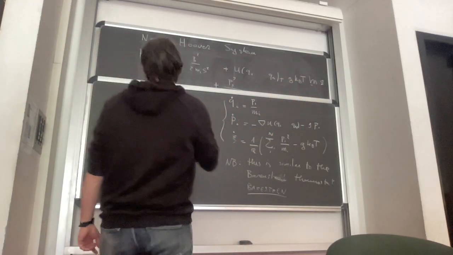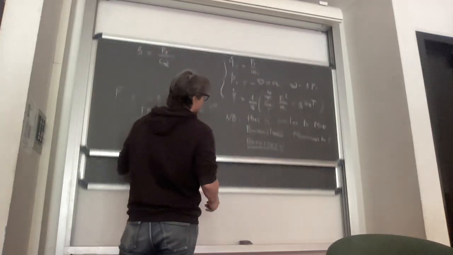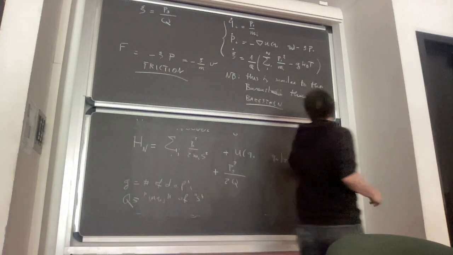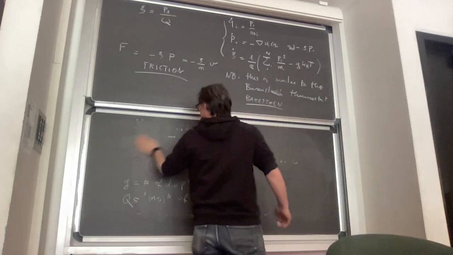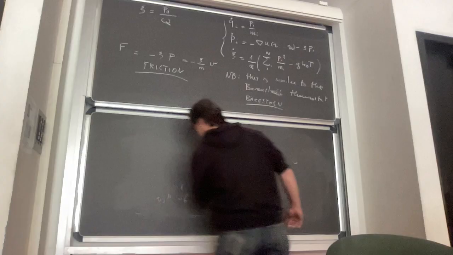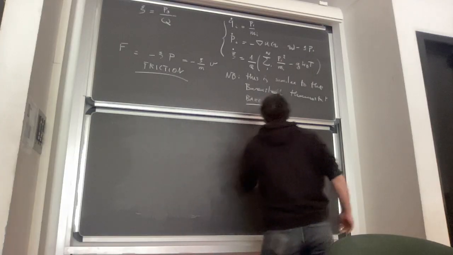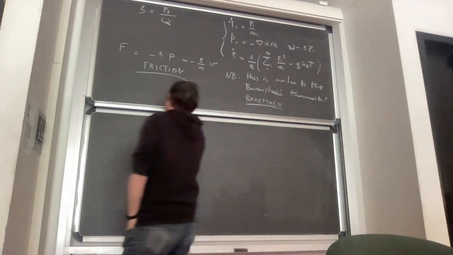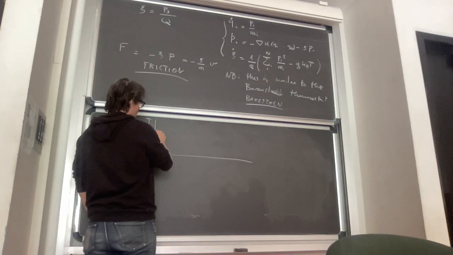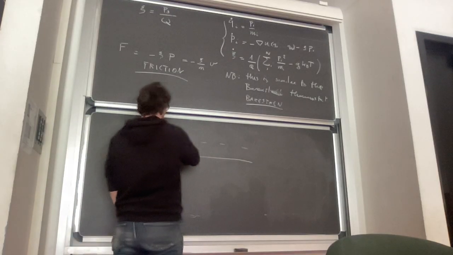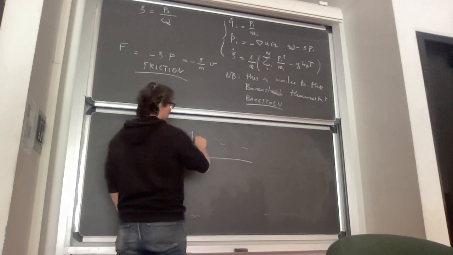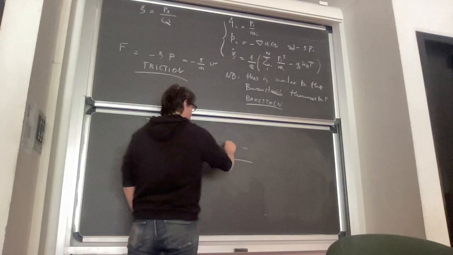So your kinetic energy in the Berendsen thermostat would behave like this. You start from your target value, and it will oscillate, and then it's brought back here, oscillate, brought back here,